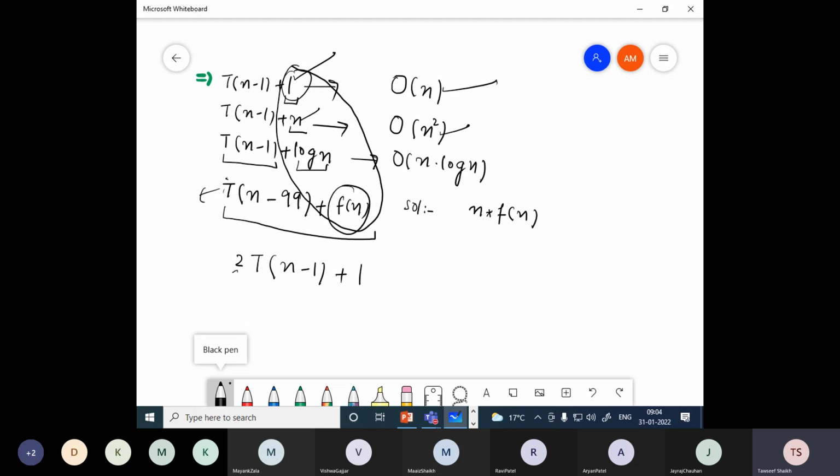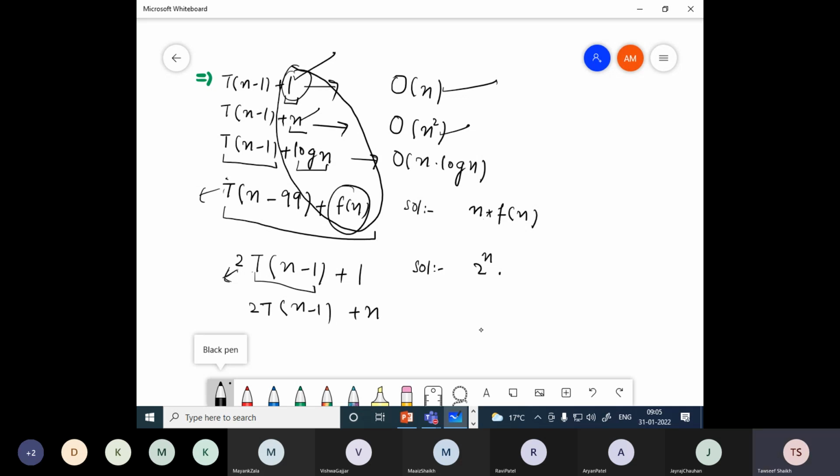But there could be examples where there is a multiplier or coefficient by which we are multiplying the recurrence. At that time we got the solution as 2 power n. And now if it is 2t of n minus 1 plus n on the right